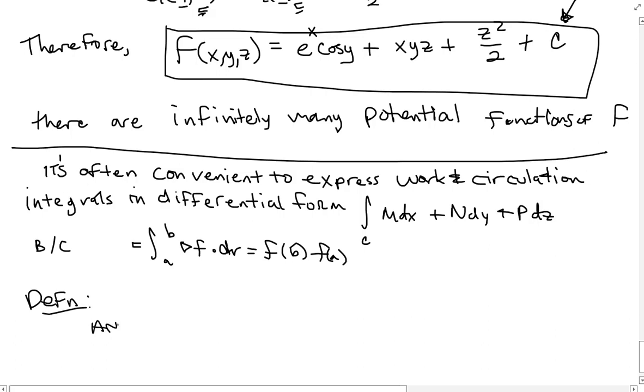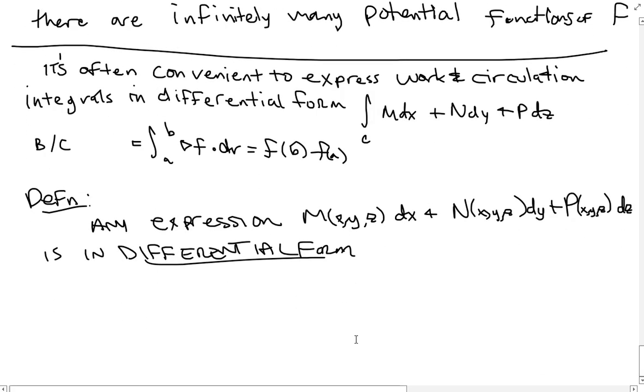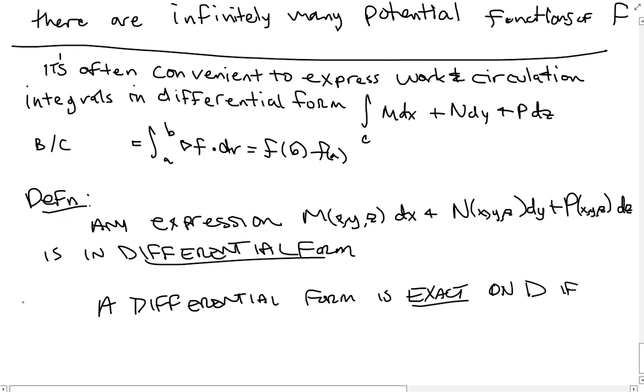Okay, so any expression m of x, y, z dx plus n of x, y, z dy plus p of x, y, z dz is in differential form. So that's what that looks like. Okay, so that's differential form. Then a differential form is exact on our domain D if the following is true: m dx plus n dy plus p dz